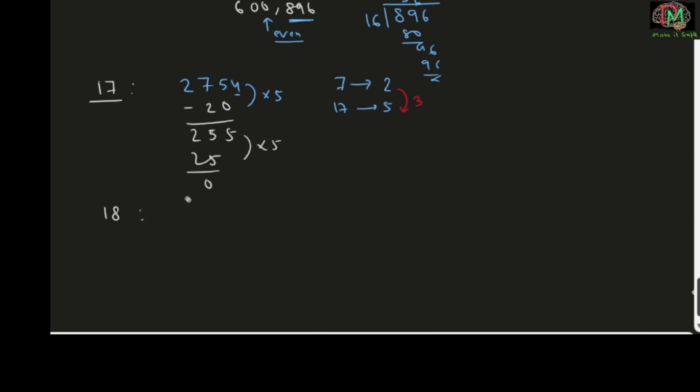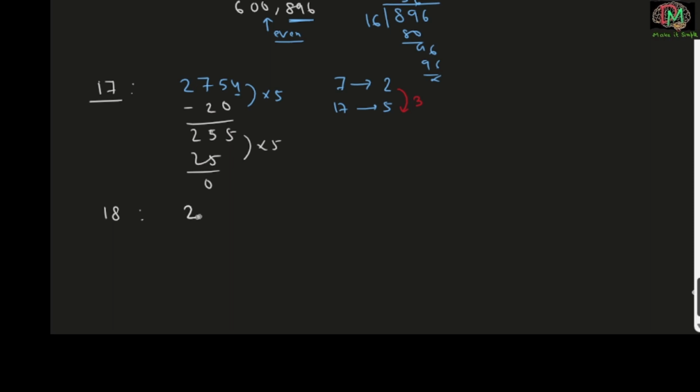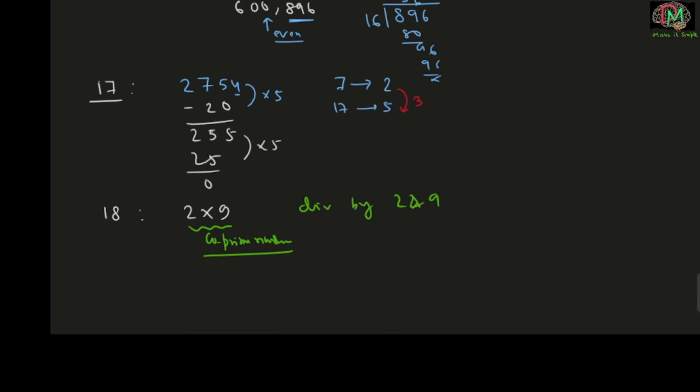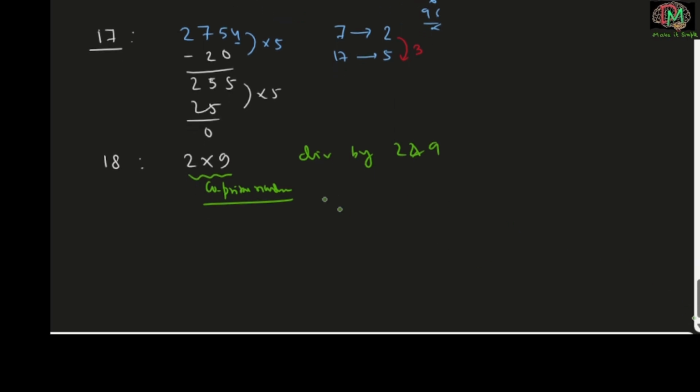So again we have to prime factorize it. You can write it as 2 into 9, and you must remember here also these are co-prime numbers, and we have to check divisibility by 2 and 9, and you already know the rule. Next is 19. Let's take one example,